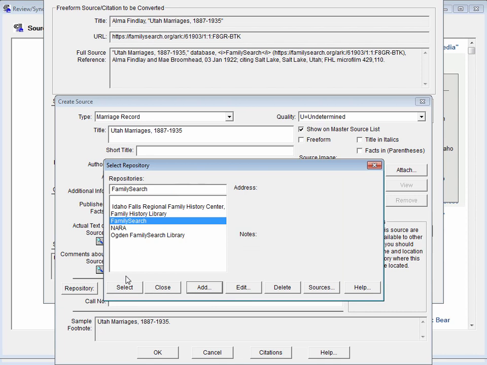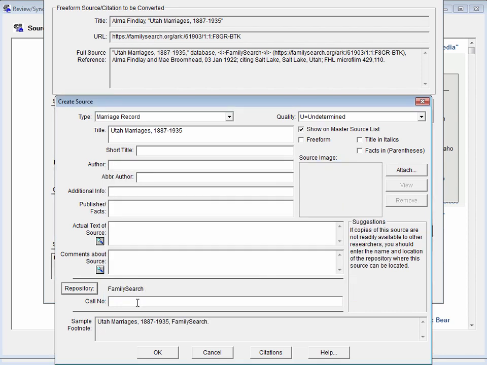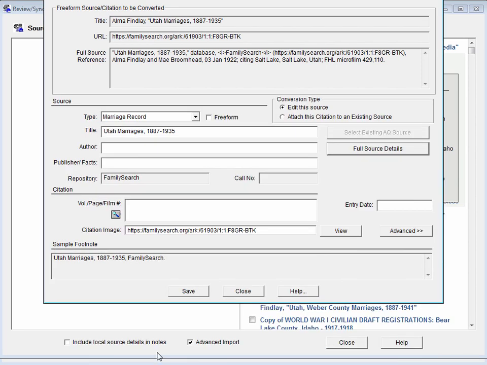Now that it's on the list, I can select it. So FamilySearch shows up here in the Source Edit screen, and if I click OK, it now shows up here in the repository field of our conversion tool. Notice also that as you edit the source and citation information, the sample footnote will reflect the information you have